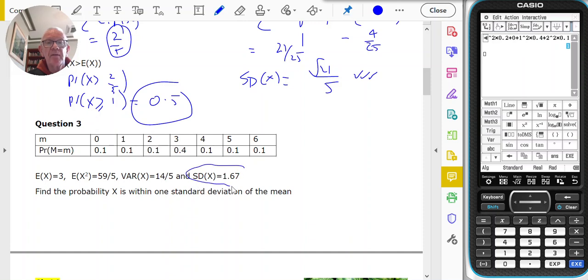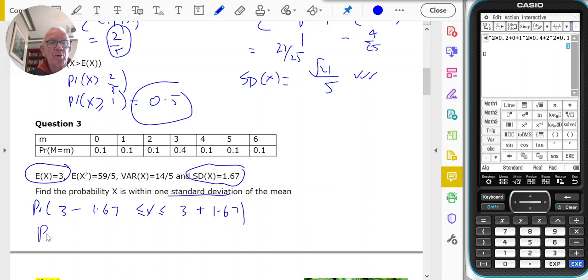And question 3, some work's been done for me already. I know the standard deviation is 1.67 and the mean is 3. So if it's within one standard deviation, I'm looking for the probability that x is between the mean, which is 3, minus the standard deviation, or the mean plus the standard deviation. That's the probability that x goes from